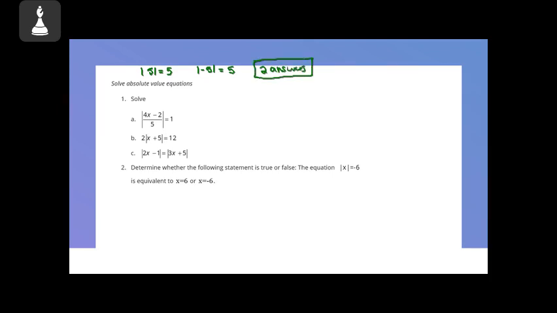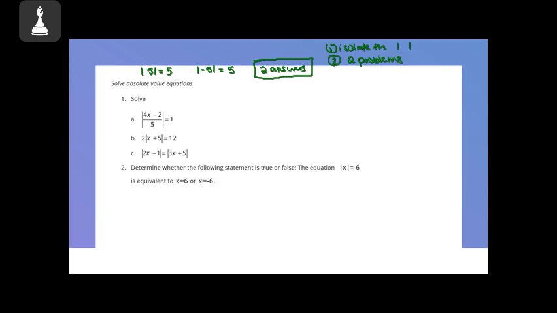Some things we need to do is isolate the absolute value first. We cannot go to our two problems until the absolute value is by itself. There can't be anything left outside of it. The only other thing we need to remember after we isolate and then make our two problems